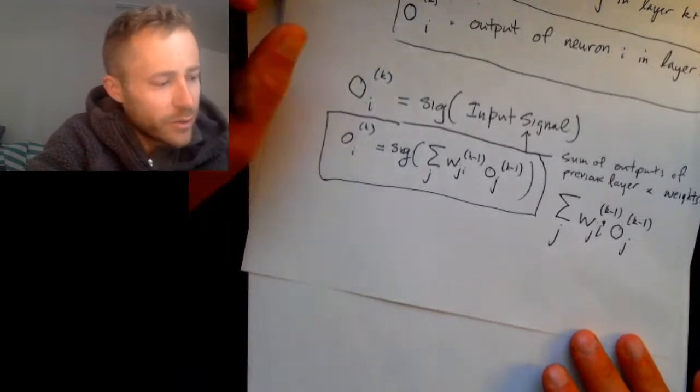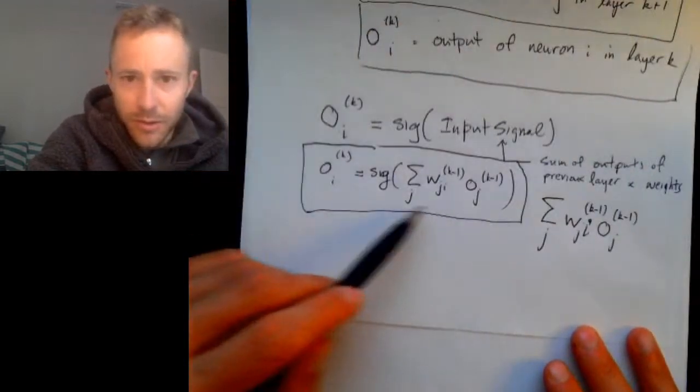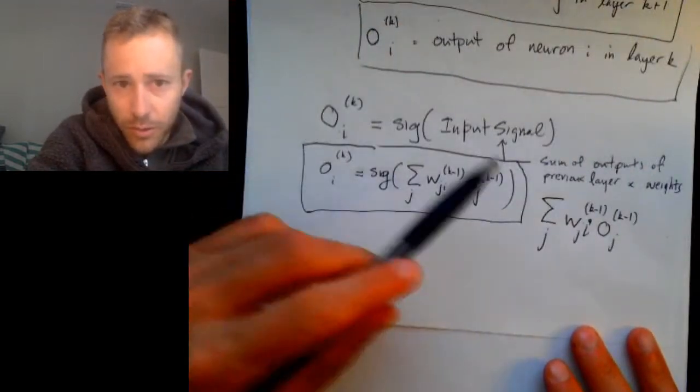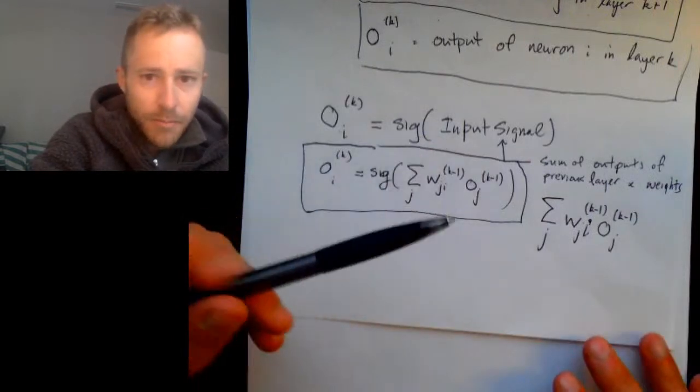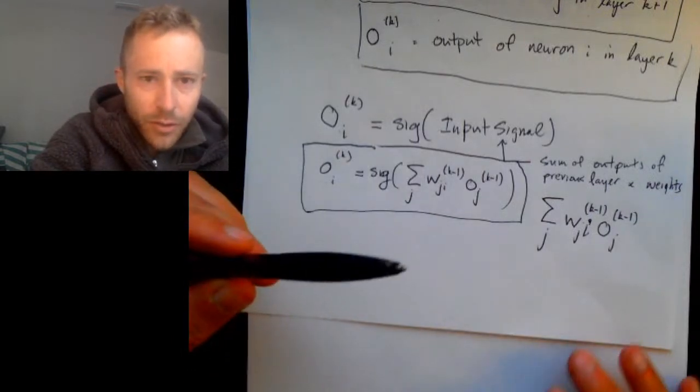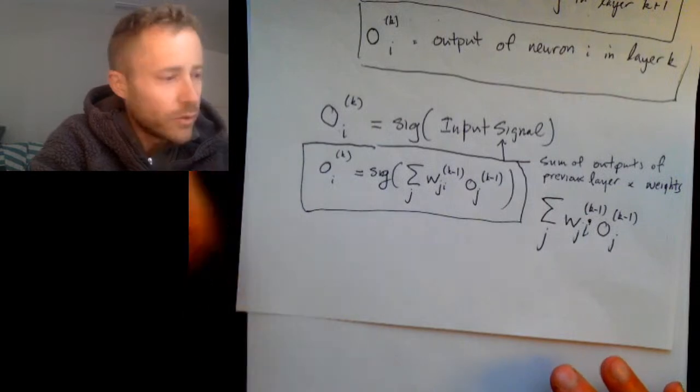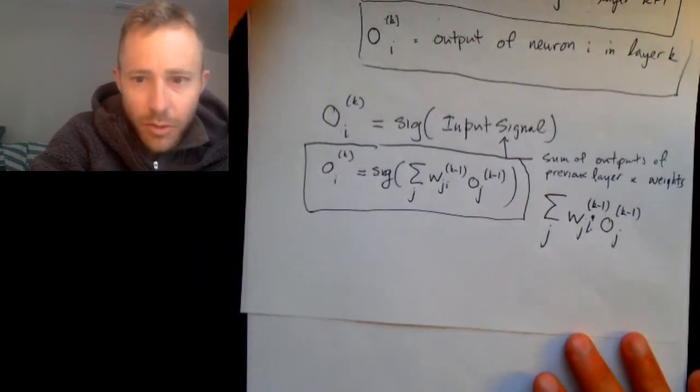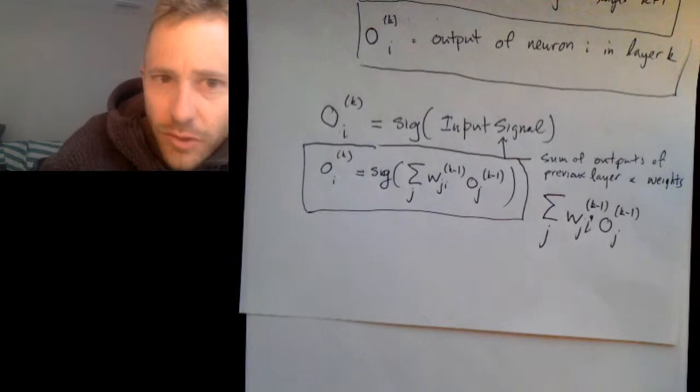So what you guys are going to do is basically implement this equation in code today. And then we'll continue learning more about neural networks on Thursday. So that is my lesson for